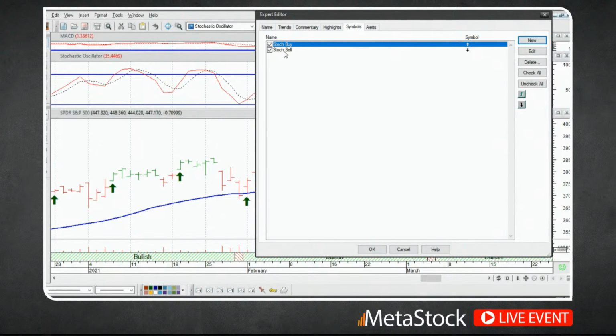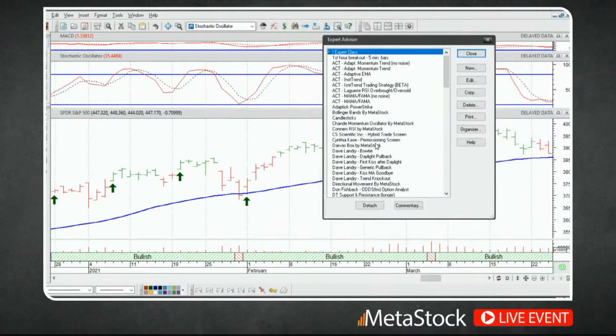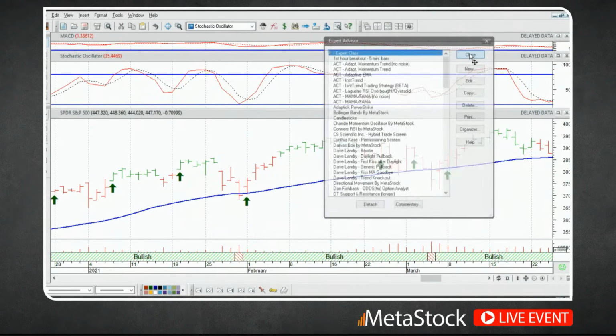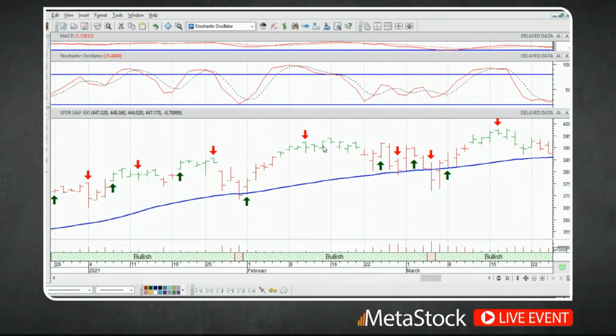And now you'll see we've got a stochastic sell signal in here as well. So let's go ahead and plot that and see how that looks. I'll click on OK, and again, click on Close. And now we've got a lot of sell signals on our chart. Again, I want to grab these crosshairs and make sure that wherever I get that downward pointing arrow, that solid line is crossing down below that dotted line. So it's crossing down right there. It's crossing down right there.